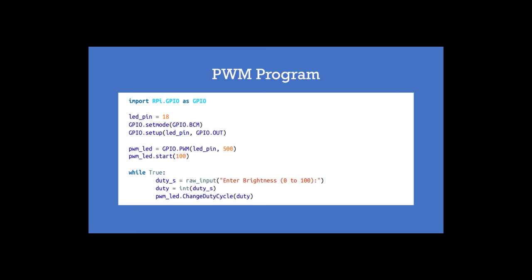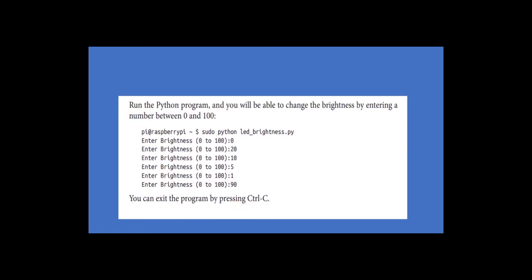So this is the sample execution of the program. You can see that when you execute the program on the command line by typing this command, let us assume you have stored this sample program under the name led_brightness.py. If you have stored it under a different name, you can type your file name here. Once you type the name of the file and this command, it will ask you to enter the brightness value between 0 and 100.